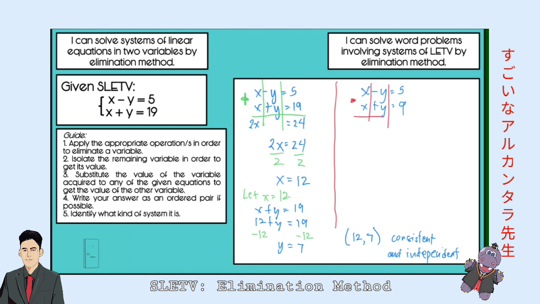So for example, if you continue here, x minus x, that is 0. But what is negative y minus y? So that's the thing. If you're good with integers or negative terms, there's no problem with that. So negative y minus y, that will result to negative 2y. And what is 5 minus 9? 5 minus 9 will result to